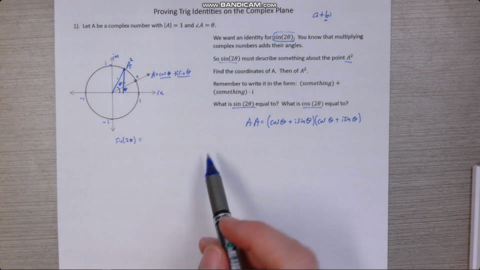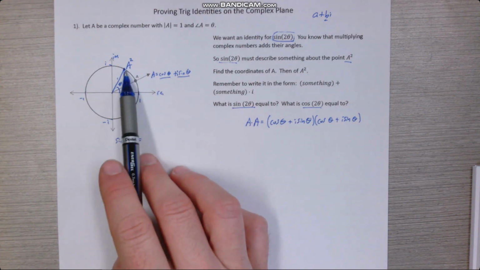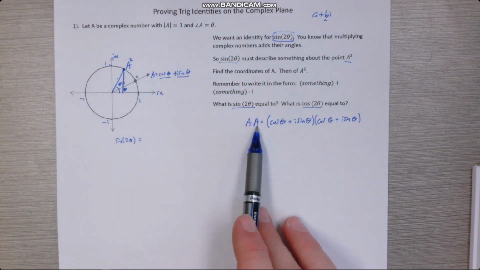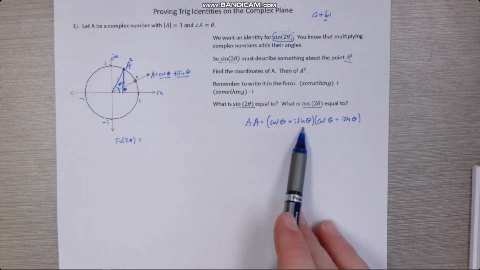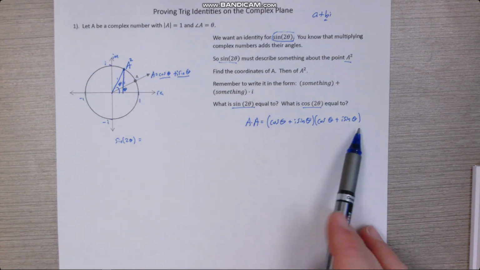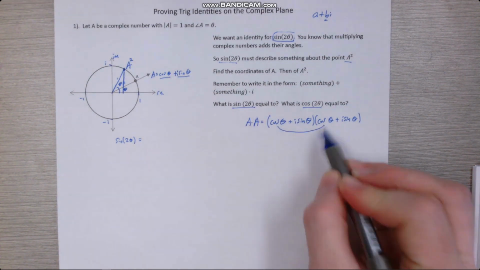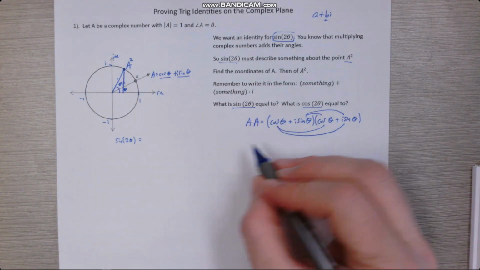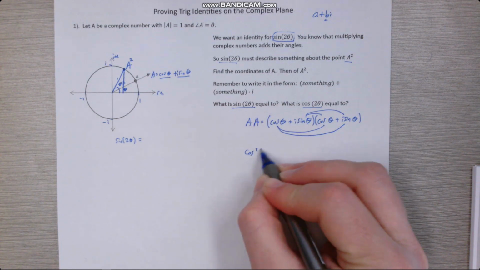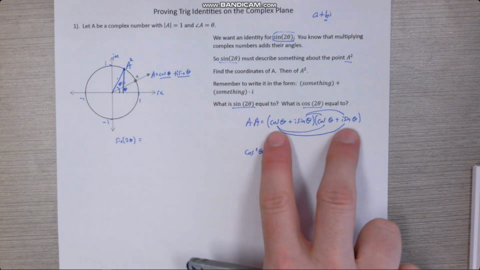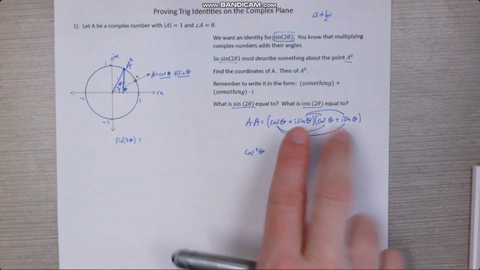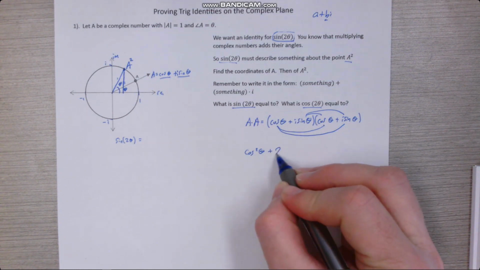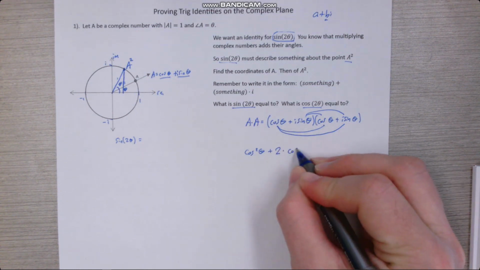Meanwhile, let's figure out what the coordinates of A squared are. So I'll just multiply A times A. So that's cosine plus i sine times cosine plus i sine. So I'll just multiply each thing by each other thing the way that we do. So cosine times cosine is cosine squared. And then I've got cosine plus i sine and another cosine plus i sine. So that is 2 of cosine